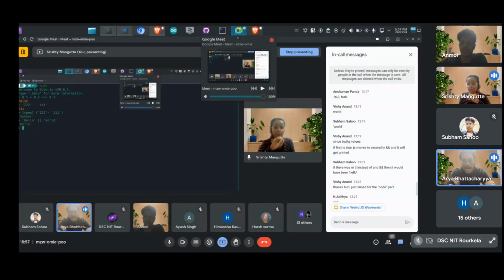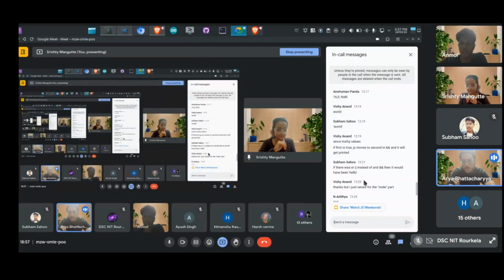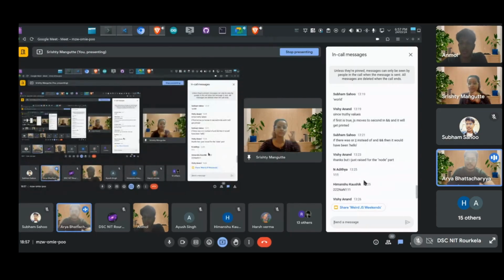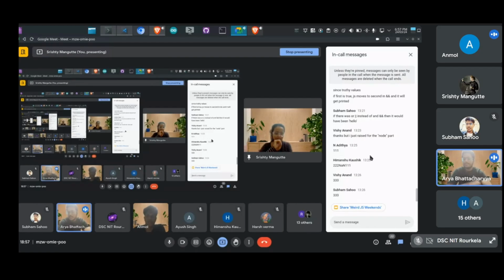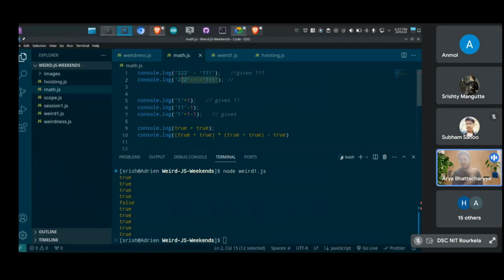So I hope your doubt is cleared, what is and, what is or. Like we are on the gate level thing. So and returns true only when both are true, and or returns true if any one of them is true, right? So based on those lines, we have the answers. We have the logic set that if it is and, as in hello and world, it would always return the second argument, and if it is or, it would always return the first argument.